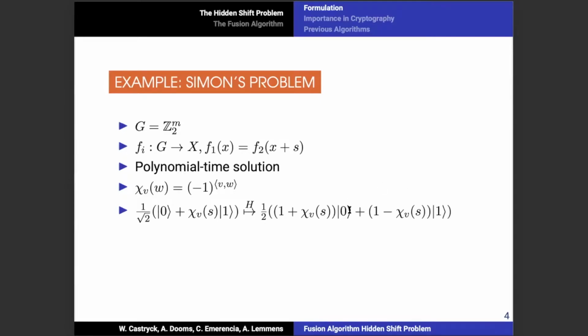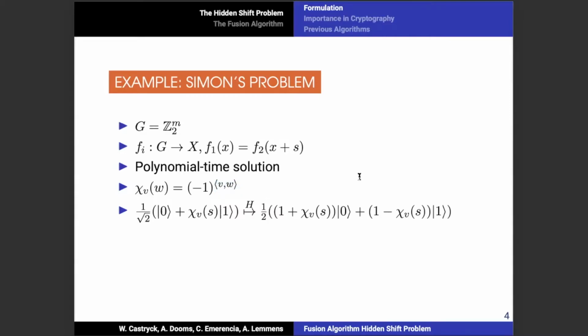If we measure 0, we know that our character chi v of s cannot have the value -1, so it must have the value 1, which means that the inner product of the vectors v and s must be 0 modulo 2. And on the other hand, if we measure the value 1, we know that chi v of s cannot be 1, so it must be -1,